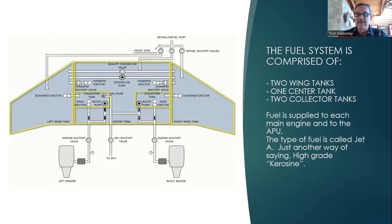Fuel is supplied to each of the main engines and to the APU from those tanks. Of course, that makes sense. The jet engines use fuel from the aircraft tanks, and the APU also uses the exact same type of fuel. That fuel is what we call Jet A fuel. Jet A fuel is nothing more than a high grade of kerosene. It's nothing highly volatile like gasoline is, so it works out real well in commercial airlines. Not that explosive by any means at all. Very remote chance an aircraft is going to explode because there was a fuel explosion,